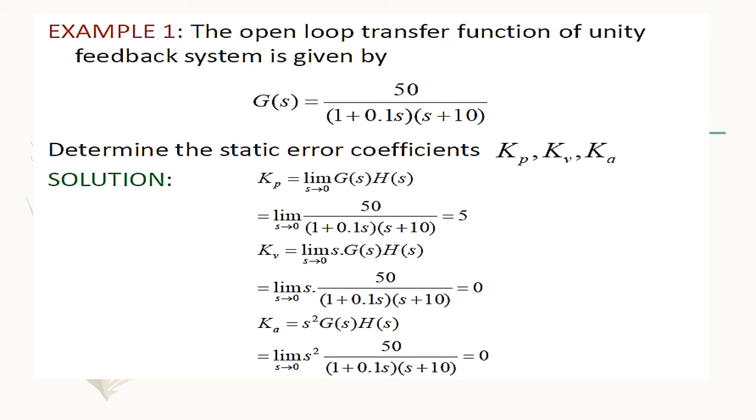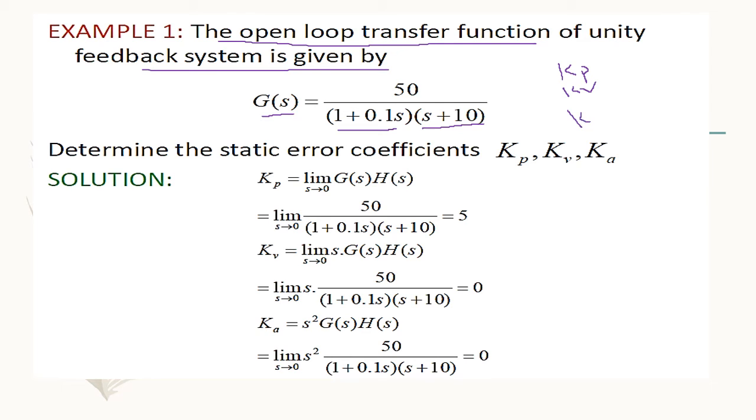Now we consider one example. Let us consider the open loop transfer function of a unity feedback system, given by G of s equal to 50 divided by (1 plus 0.1 s) plus 10. Understand this. For the formula we have, one is Kp,